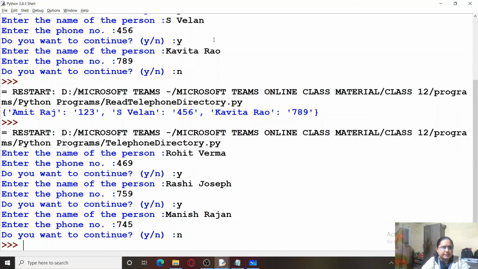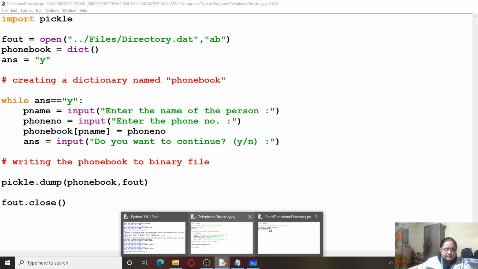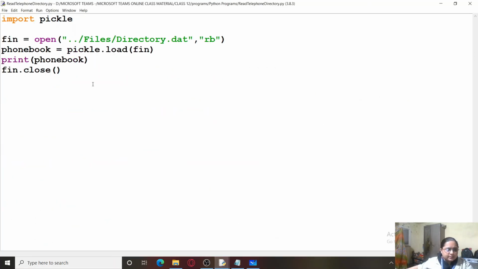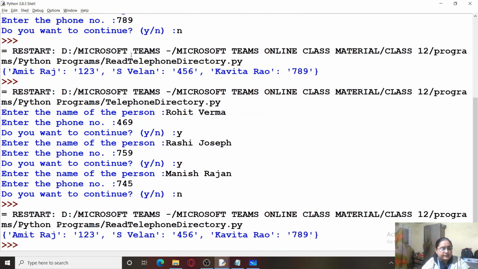I have added three more names in the file. Let's check whether we can read those names or not. So I'm switching over to read, and now if I read this, it's going to read only the first one.